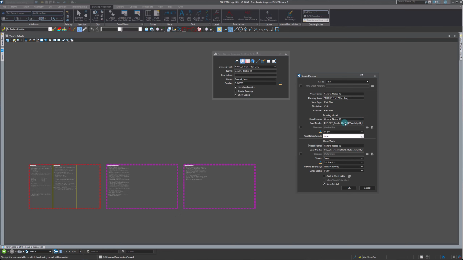As we move down here, you can see that it's using this as our seed model. So that's the project plan profile access. It's using this to create that. And one thing we want to do with our annotation is change it to full size 1:1. It's giving us 1 inch equals 50 feet because that is what the annotation is in the seed file, but we're still able to change it to whatever we want. No annotation group for a text file like this, and so we'll just keep moving on. And then same thing down here with this detail scale. You want to change that to full size